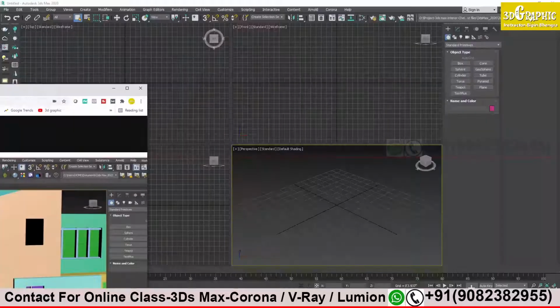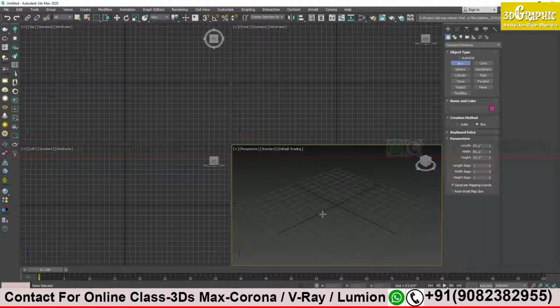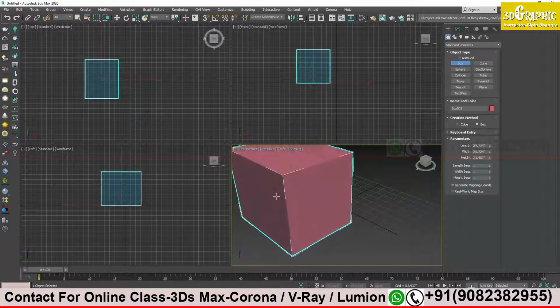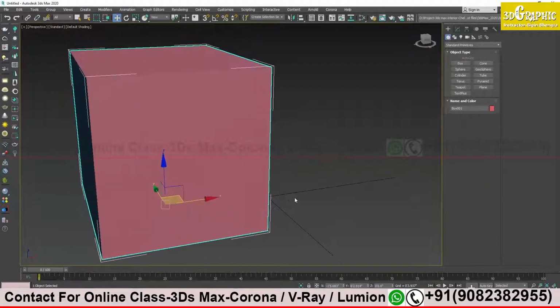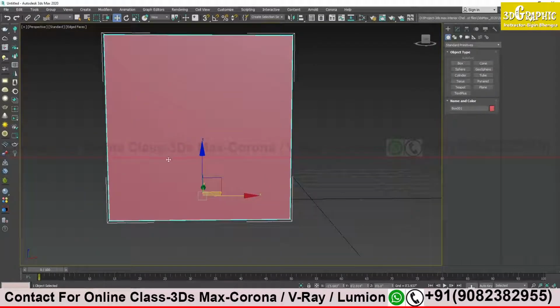I will share my computer screen. For example, I have a wall, I have a room like this. Suppose this is my room. I need an arch window over here. Whatever shape you want to make, you have to create the outline of that shape first. You need the edges. To create anything, you need the edges.